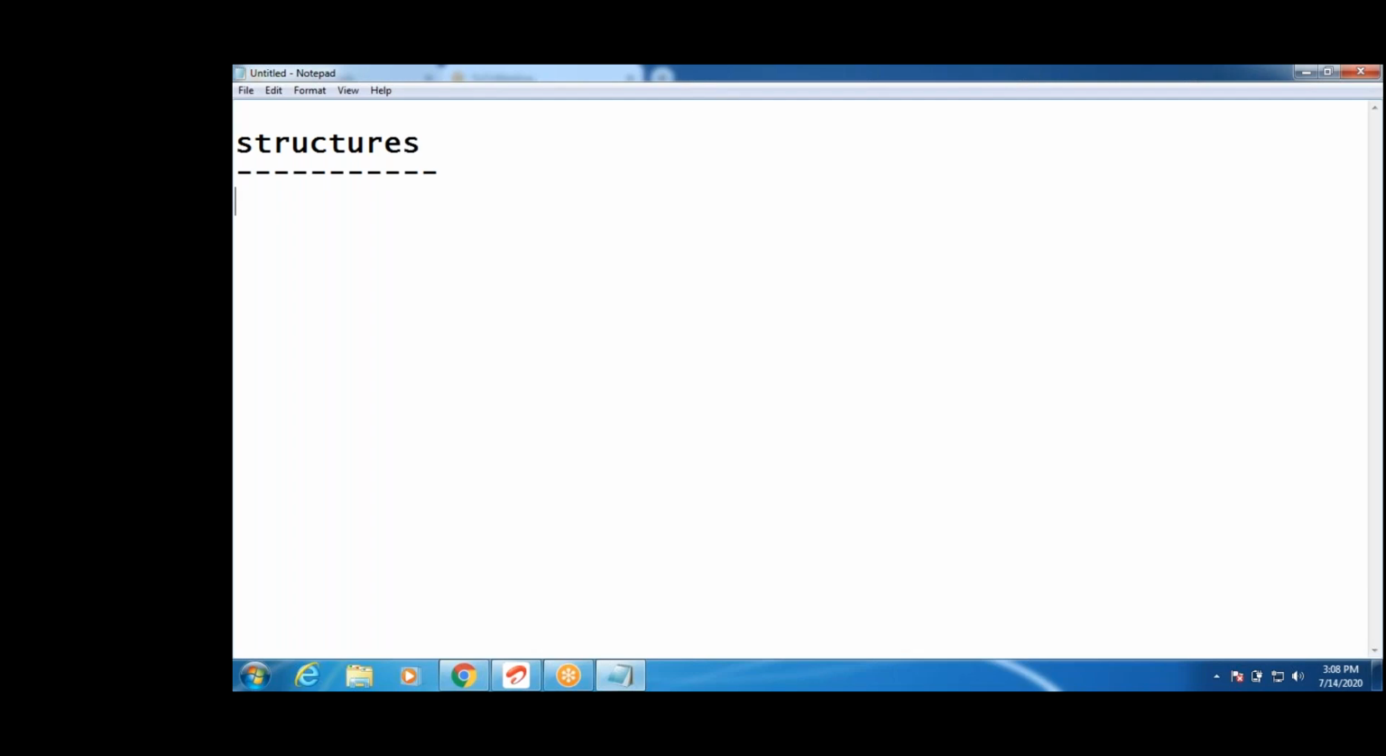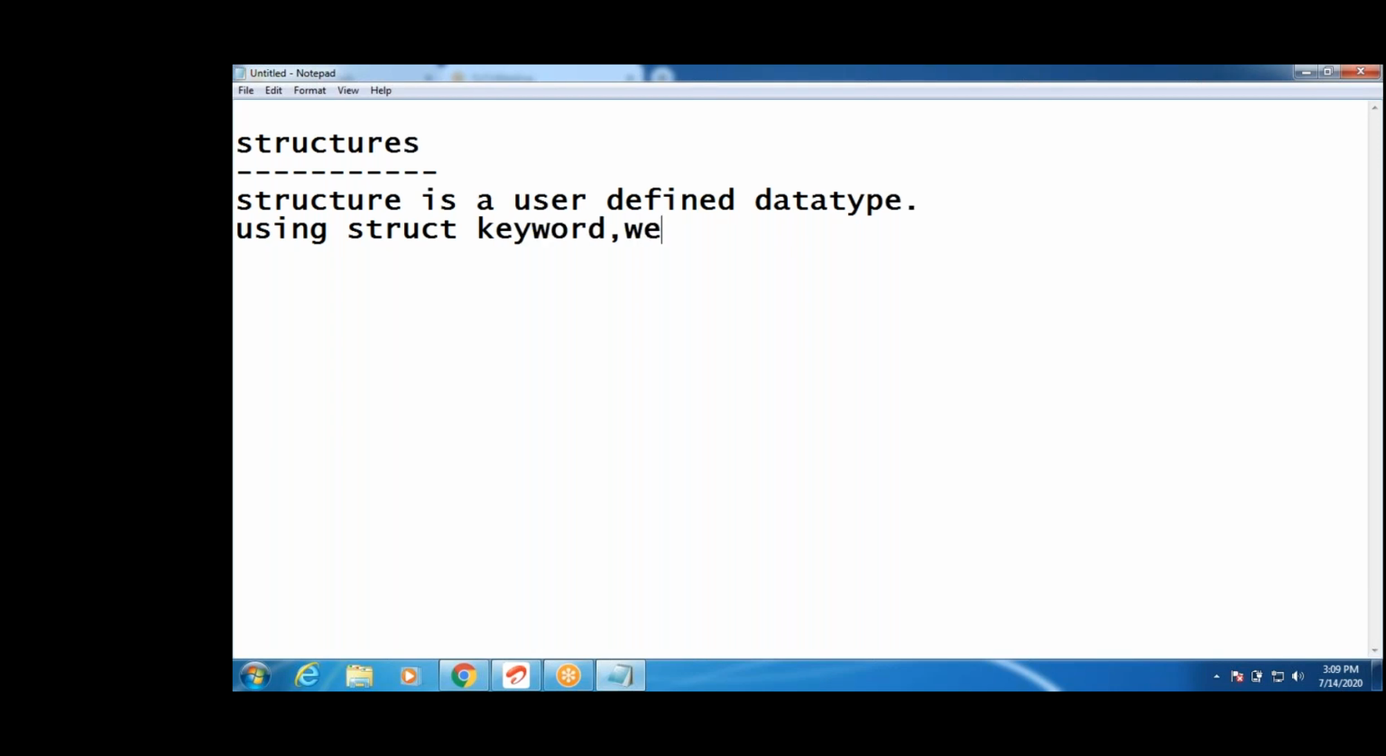Guys, what is a structure? A structure is a user defined data type. Using the struct keyword, we can create our own data type. How to write it? Struct label,